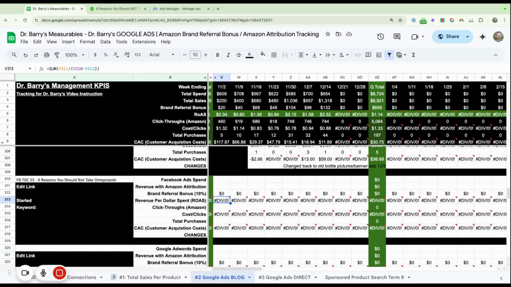Facebook and TikTok are interruptive marketing. They're on Facebook, they're on TikTok to entertain themselves. Now you're trying to take them off of Facebook or off of TikTok to go read an article or to purchase your product. So your ROAS will be lower with these than it would be if it was Google or even Amazon PPC. Amazon PPC is like buyer intent marketing. Google can be buyer intent or search intent. And then Facebook is interruptive marketing, just like TikTok, like I just explained. So expect a lower ROAS as a result. That is why we use Google to test messaging first, and then we move to Facebook ads. And so now let's jump into how to do that.